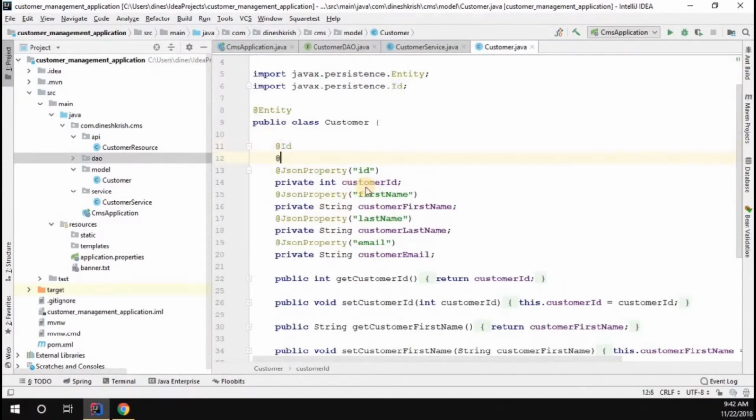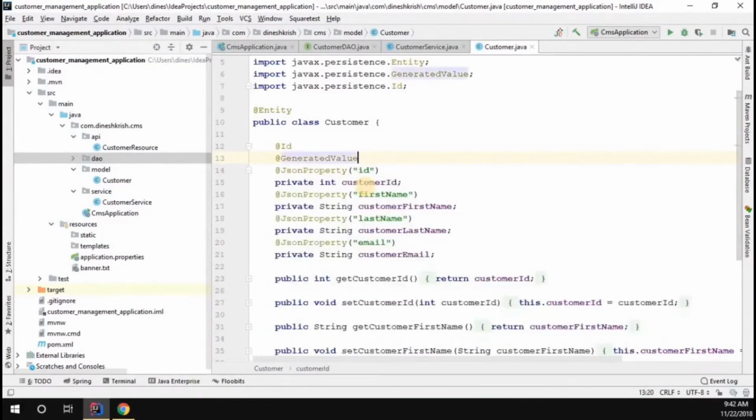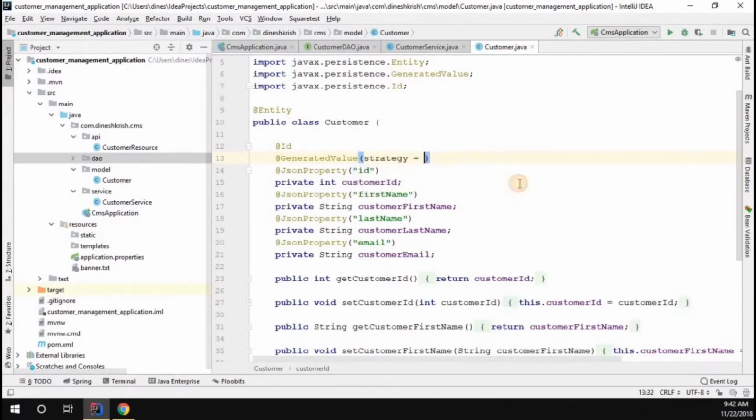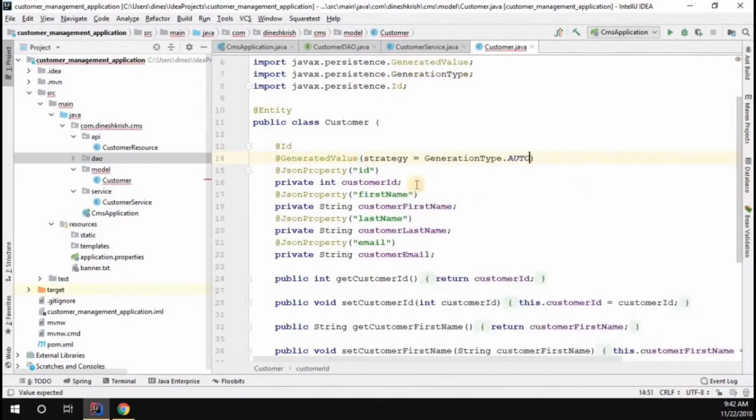So I have to achieve that. For that, you have to use the annotation called GeneratedValue. Inside the GeneratedValue, you have to pass a property called strategy equal to AUTO. When you say AUTO, I want this particular customer ID to be generated automatically whenever I'm trying to perform the